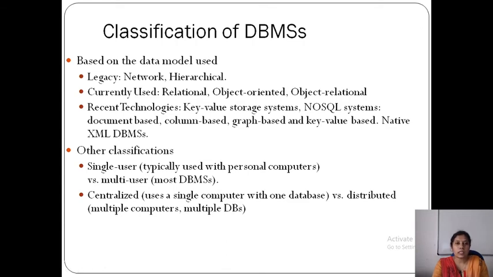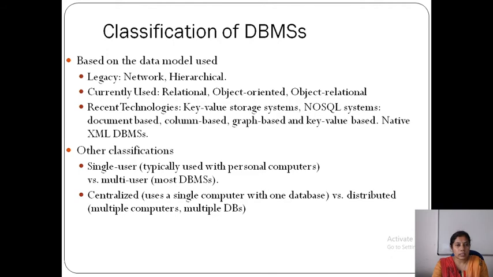Based on the data model which we are using, we have legacy systems like network or hierarchical models. In the network model, it will connect the related databases or related things. If there is any interconnection, then we'll use the network model. And hierarchical means it's like a tree structure, like in the operating system, we are storing different information related to disks, storage. So there it will use the hierarchical model.